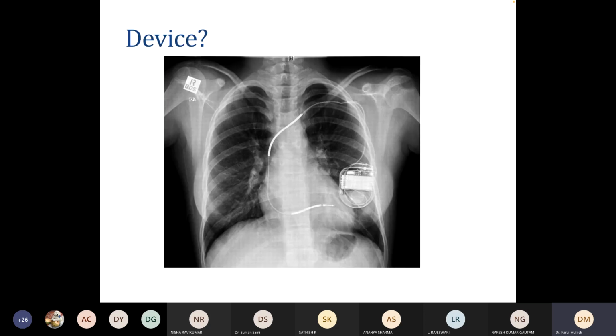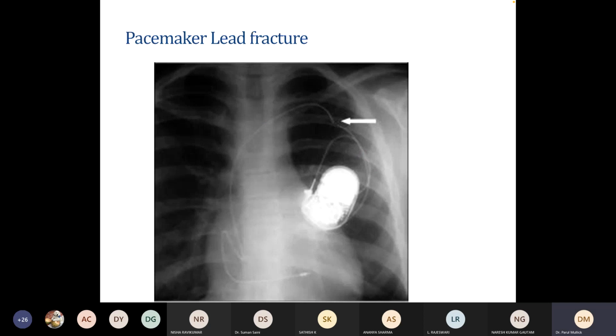अब ये क्या है डिवाइस? ये पल्स जनरेटर है, पेसमेकर का पल्स जनरेटर, और ये इसकी 2 लीड्स हैं, ठीक है। ये भी इसमें, ये देखो ये लीड यहाँ पे टूटी हुई है, देखो किंक है ना यहाँ, ये लीड फ्रैक्चर है इसका।